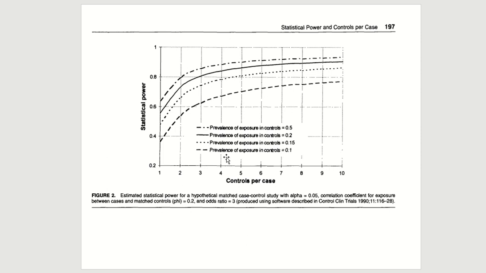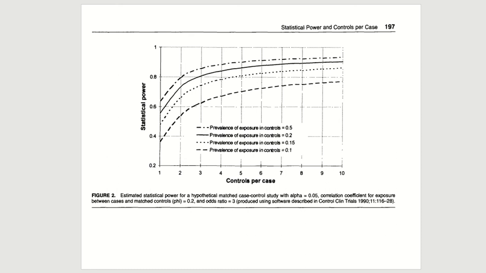The line after 4 starts to slow in increment. Its slope is no longer as strong as it was from 1 to 4. From 1 to 4, you have a much faster increase in power, and it slows down after 4. So that's where the number 4 is coming from. It's coming from a statistical simulation like these that say you're not going to gain that much after